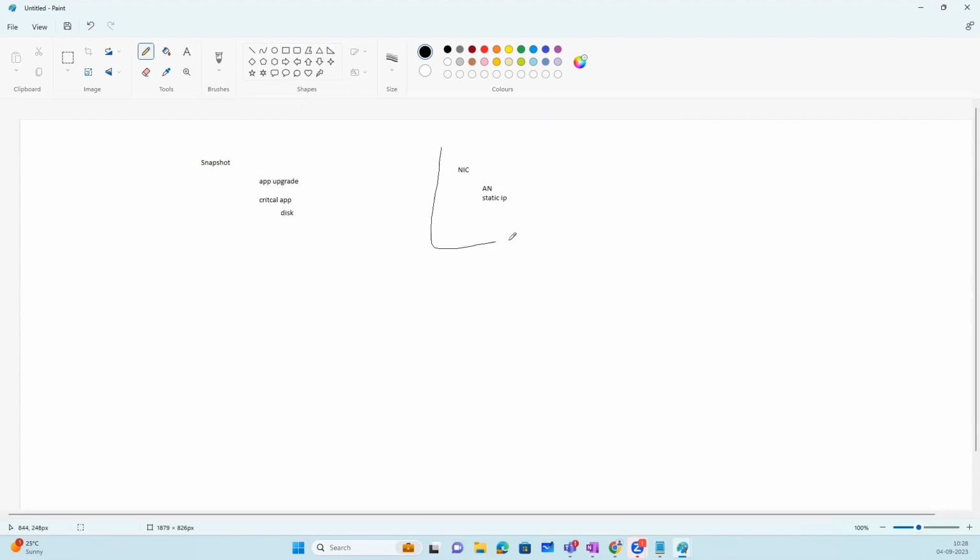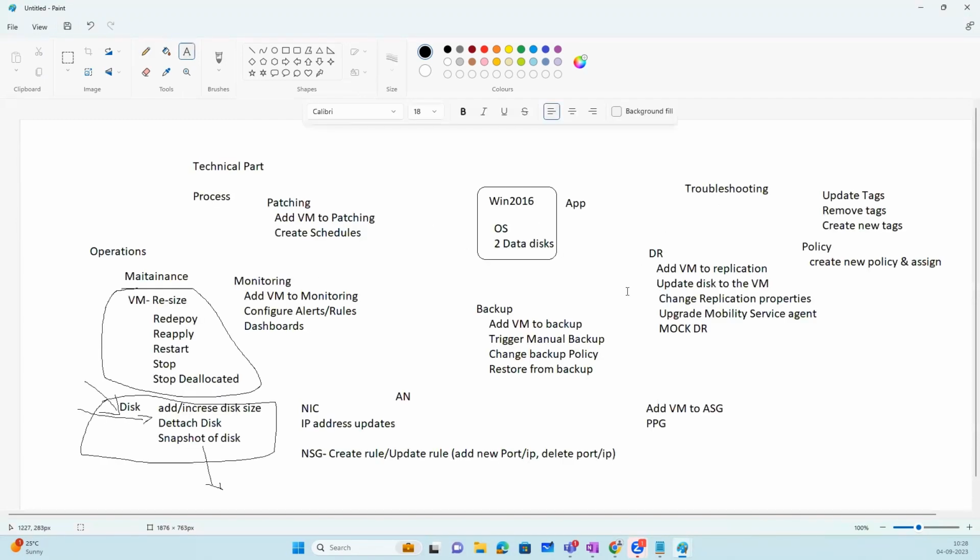You don't do anything here on the NIC level. So whatever we do, it's on the subnet level. So you might have to check the effective routes, or effective rules that are applying in the NIC level, but it's not a cloud day-to-day operation, I would say. Okay, so yeah, talking about the